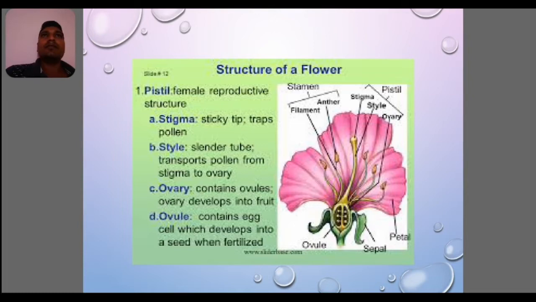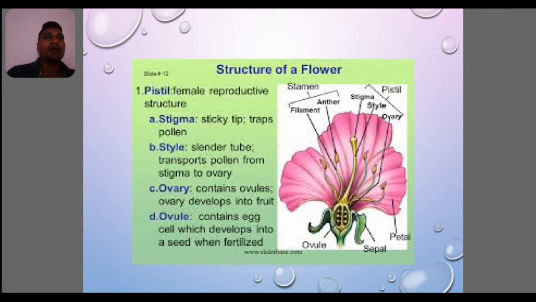Generally, reproduction in every plant group is of a different type, like algae, bryophytes, pteridophytes, and the angiosperms. So we are looking at the flowering plants, and how the angiospermic plants get reproduced. When we talk about the basic information, first of all we will talk about the flower.